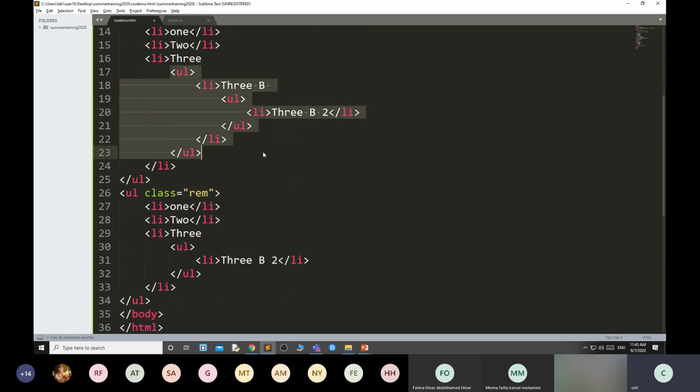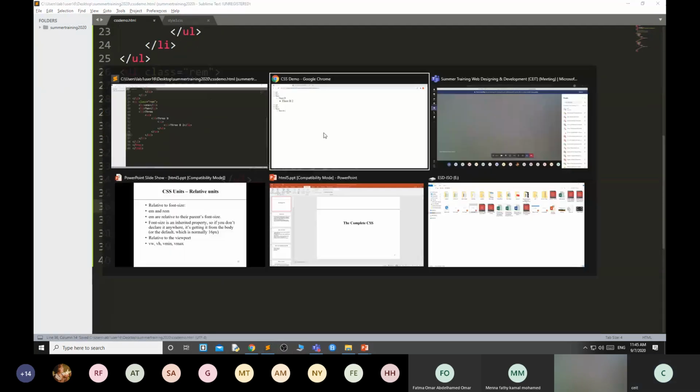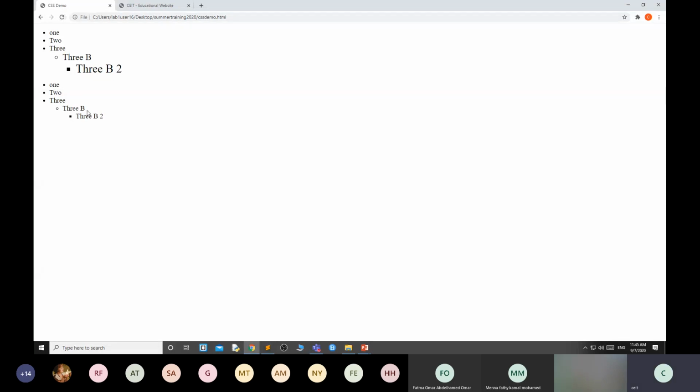If you copy this and paste it here, see, it doesn't make any difference. All have the same font size. But in this case, each child's font size is bigger than the previous one.